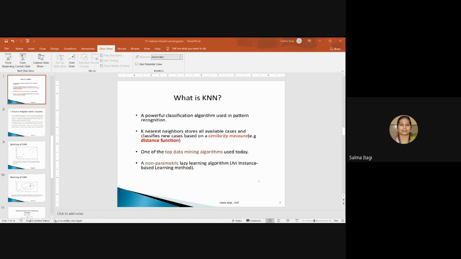So what are the steps in KNN? For implementing any algorithm, we need a data set. So the first step of KNN, we must load the training data set. That is the iris data set we'll be using in the lab program. We choose a value of k. This is user defined. For each point in the data set, we calculate the distance between the test data and each row of training data with the help of any distance measure.